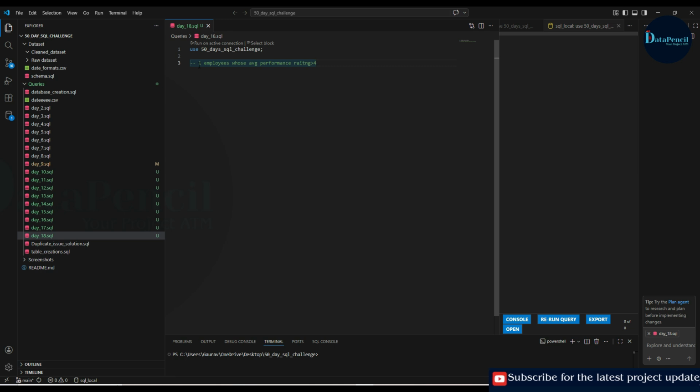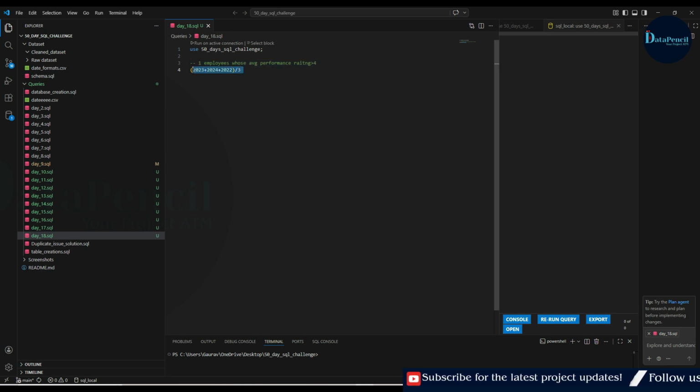So basically, as you have seen in the performance table, there are 3 ratings, right? For 2022, 23 and 24. So first of all, we have to find the average of those ratings, means 2023 rating plus 2024's rating plus 2022 rating, correct? And after that, we have to divide it by 3.